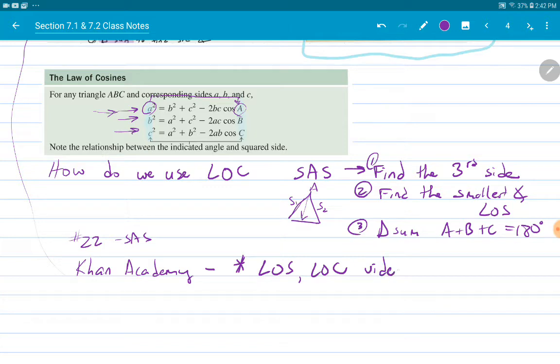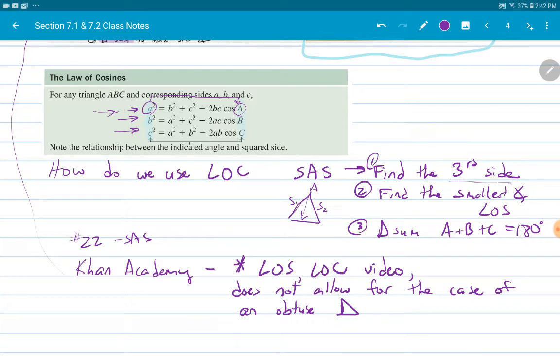They're usually great, but in this particular case, he doesn't specify, and he does not allow for the case of an obtuse triangle. So that's a bit of a problem. So we're going to watch those videos with a grain of salt, and remember that